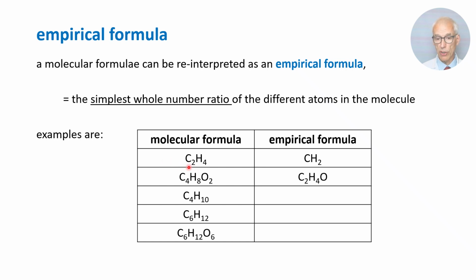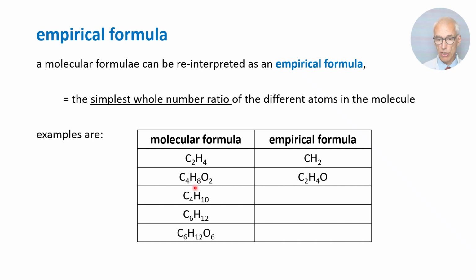C2H4. Well, we've got 2 carbons to 4 hydrogens. Well, the simplest or lowest whole number ratio isn't 2 to 4. I can divide 2 by 2 and 4 by 2 to give me 1 carbon to 2 hydrogens. So CH2 is the empirical formula, the simplest whole number ratio between the different atoms in the molecule or compound. So